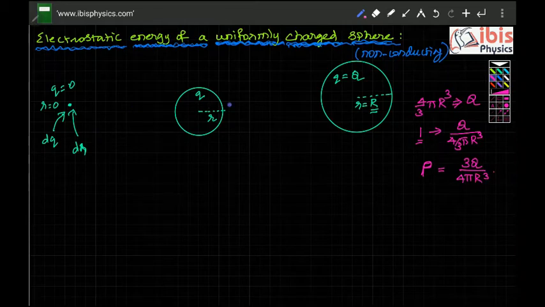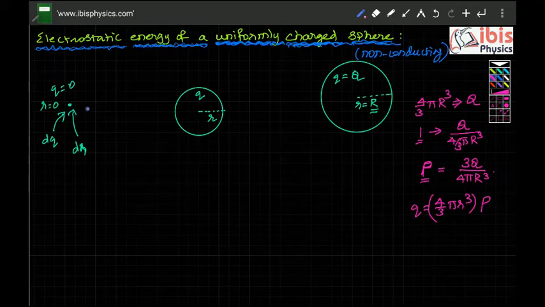At any intermediate step, if you find the charge density of this, it has to be like this, because when you build from scratch, throughout the process the charge density of the sphere has to be 3Q by 4 pi R cubed. Right now, you have come up to the sphere of radius r. Then this sphere has a volume 4/3 pi r cubed. Charge is equal to density into volume. Which density? Charge density. That charge density has to be 3Q divided by 4 pi R cubed.